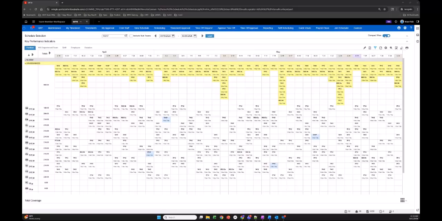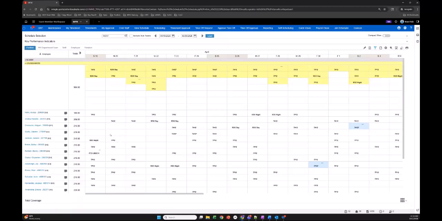So if I drop out of compact view, it's going to bring back up my schedule. I can see a little bit more detail in here now. And I wanted to show the more accurate ways that we can view our demand, basically. So I've got someone here who's a 0.9, who's only got 180 hours. So I need to fill this person's schedule out, but I need to be a little bit more strategic about it. So I know I need to assign this person some shifts. The three ways that I can view and easily track my coverage and my demand here,